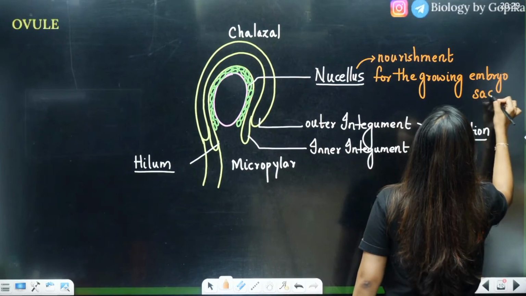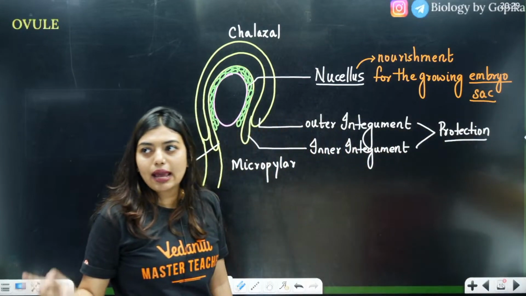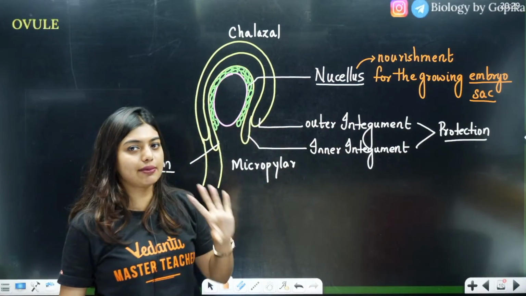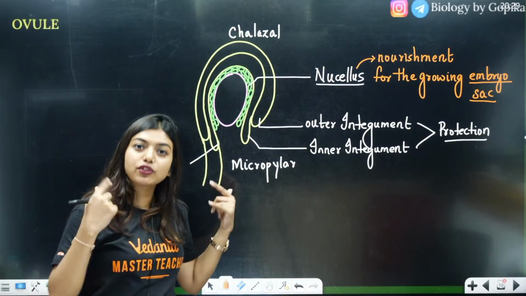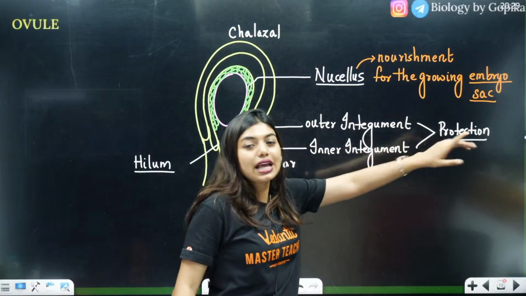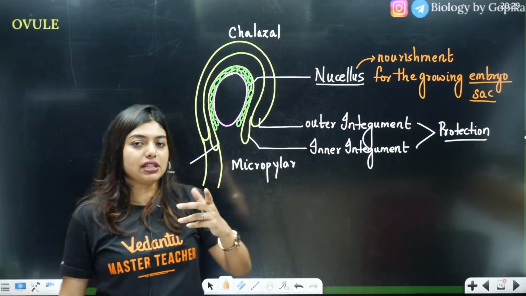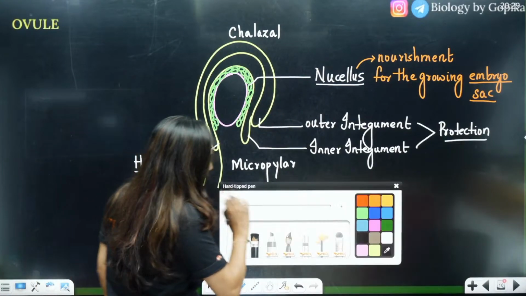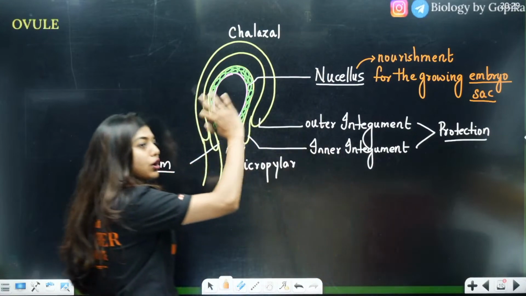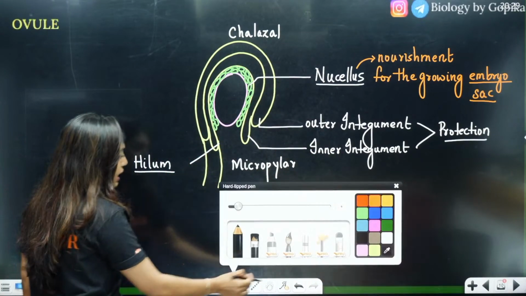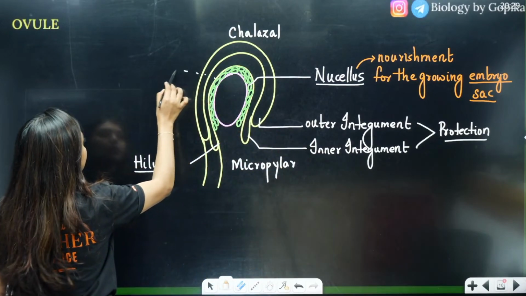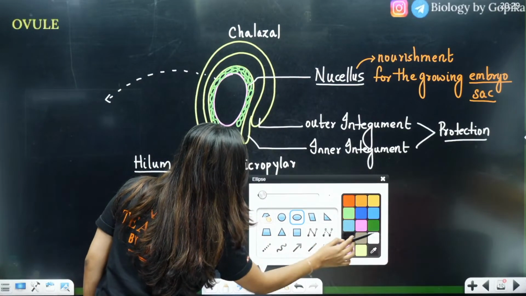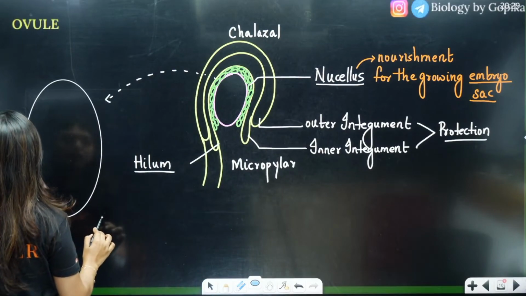So, is the embryo sac a female gametophyte or a gamete? If you answer this correctly, that means you have understood the concept well. If you are answering this wrong, that means you have to learn the concept again. Tell me, is the embryo sac a female gametophyte or gamete? All of you in the chats, quickly. So, nucellus cells are going to provide nourishment for the growing embryo. Inside the embryo sac, cells are going to be there, which we are going to see separately. Let's draw it this way only. I'm going to draw your embryo sac here. By then, I want all of your answers in the chat. Quickly answer me in the chat.